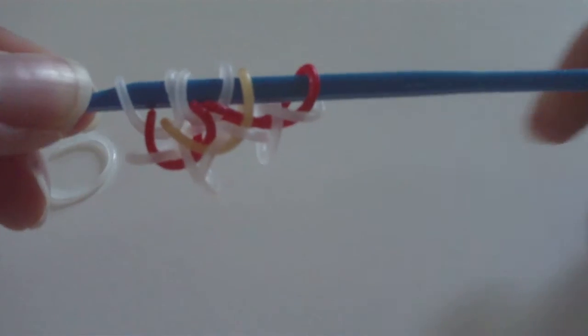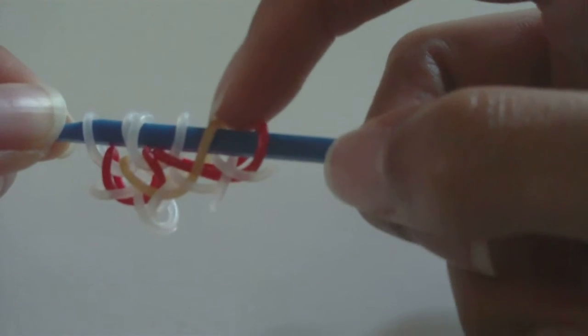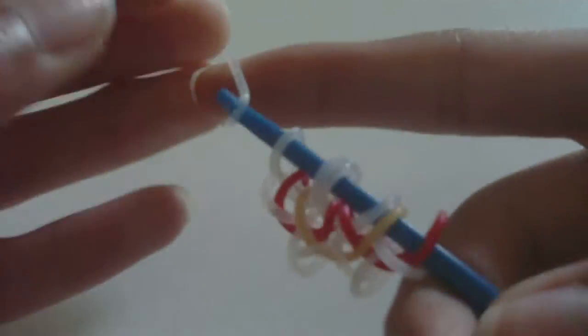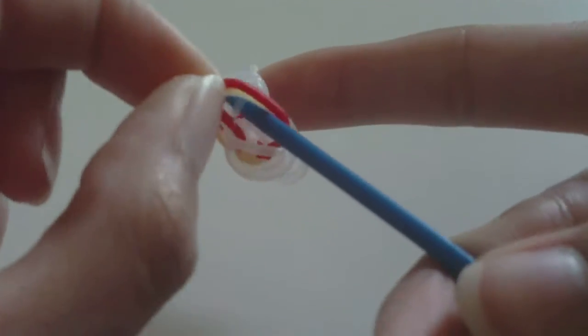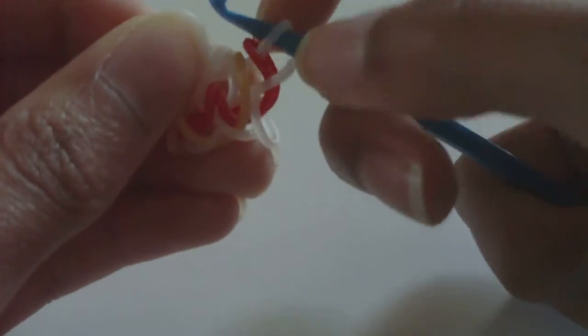Now if you have a double-ended hook, you can actually slide these bands over to the other side and add your last triple band to what would be the first 2 loops, which would be these 2. So if I had my bands flipped over, you would just add that triple band to those 2 loops. But if you don't have a double-ended hook, then what you can do is you just take this next triple band, and now we got to pull all the bands onto the new band so that we can get those last 2 bands at the end, which are a